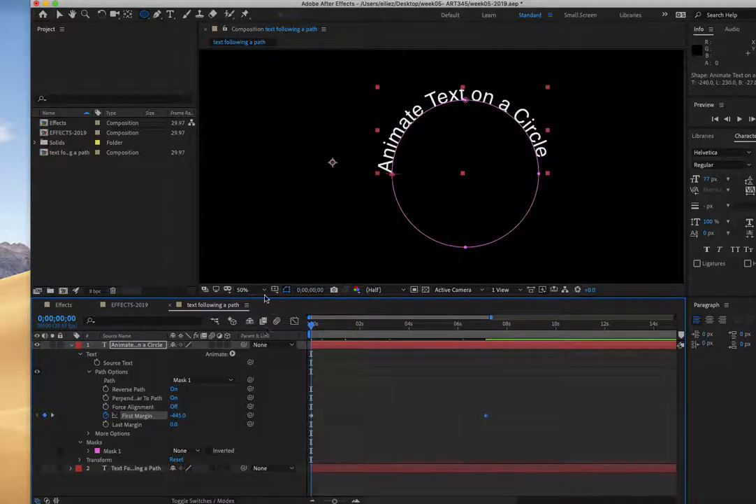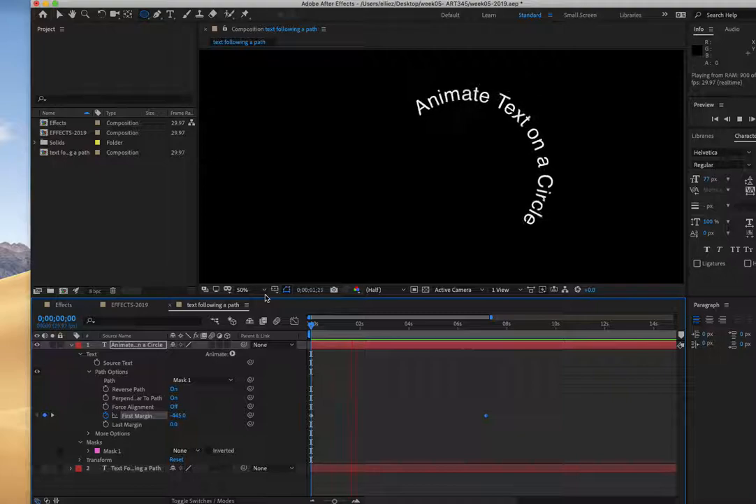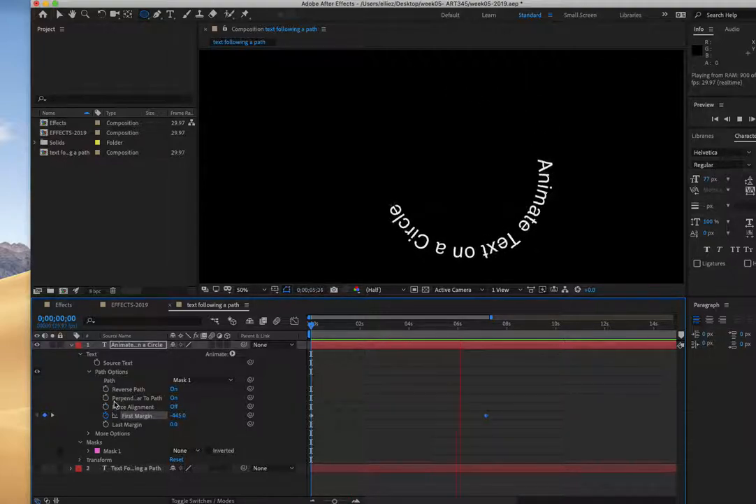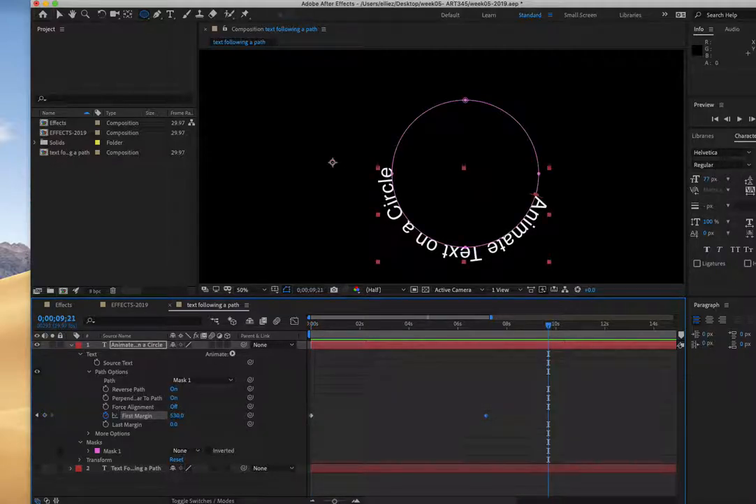So again, this is another way that you can animate it just using the path option settings. So there are a couple of different ways that you could do that. Okay, I'm going to stop